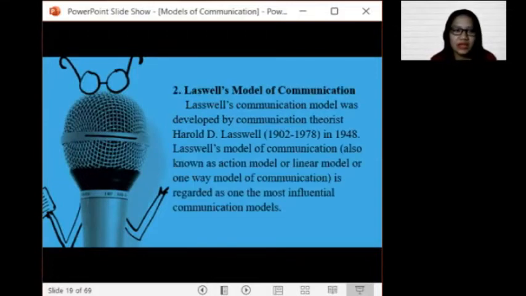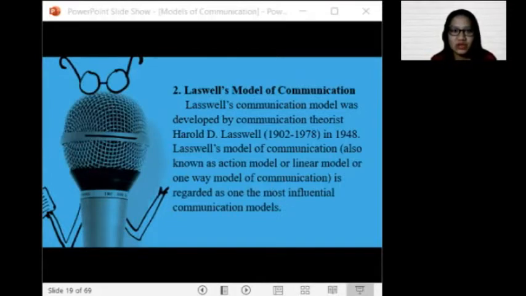And the second linear model of communication is Laswell's model of communication, which was created by Harold D. Laswell in 1948 in order to analyze and demonstrate the culture of mass media. Okay, unlike Aristotle's model earlier, which was more focused on public speaking, here in Laswell's model, it's more focused on mass media or mass communication, and it is regarded as the